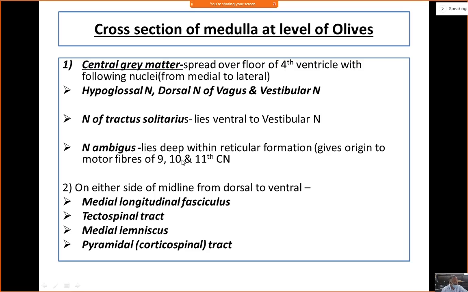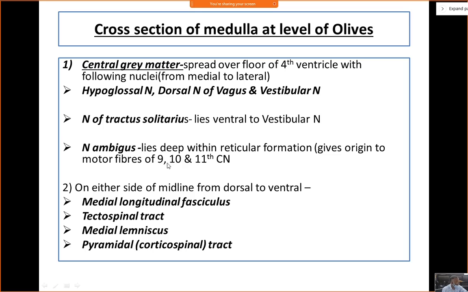Stylopharyngeus. The 10th supplies the cricothyroid, the only exceptional muscle of the larynx. And the 11th cranial nerve supplies all the muscles of the larynx. So ultimately, the 11th is also supplying the muscles of the soft palate, except one muscle, that is tensor palatii.